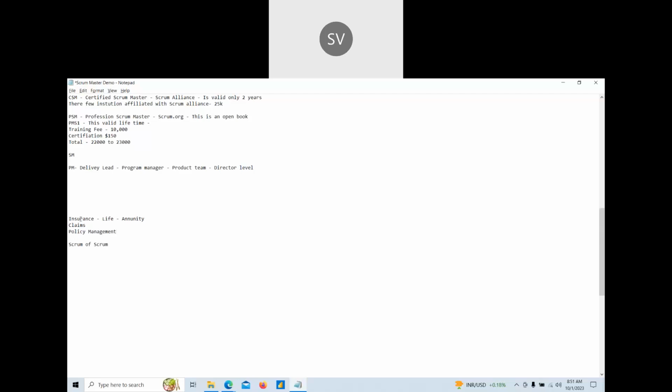You have a Scrum Master for life, a Scrum Master for the annuity project, for claims, and for policy management. They'll take care of their own teams, but as Scrum Masters they'll conduct another Scrum meeting together. That is called Scrum of Scrums.